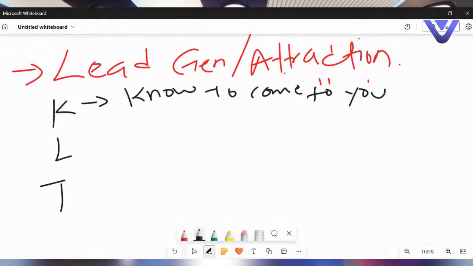The first thing is that people must know you. So how do people know you? One of the things you can do is to use a lead magnet. So what literally a lead magnet is, I ran this from not Grant Cardone, but